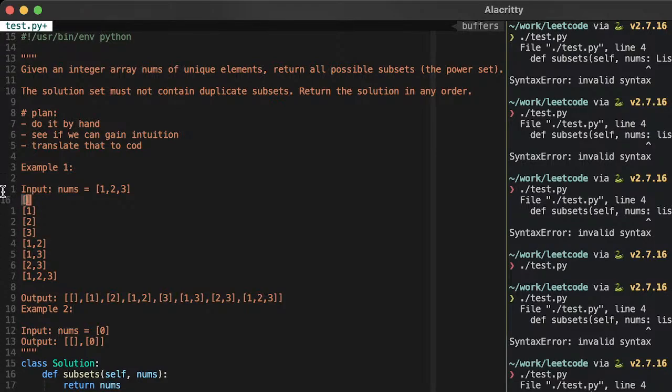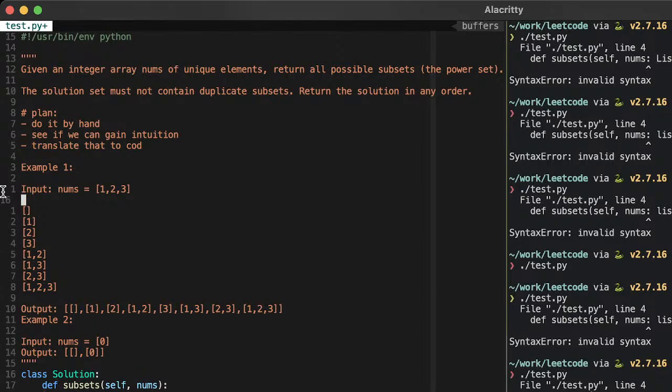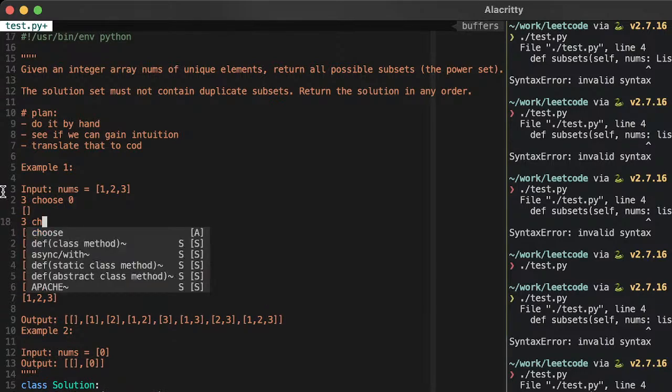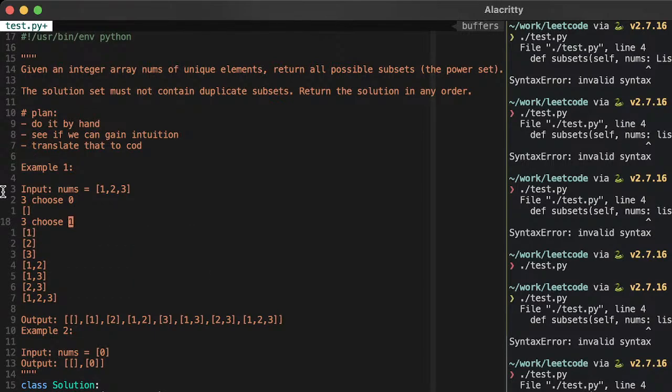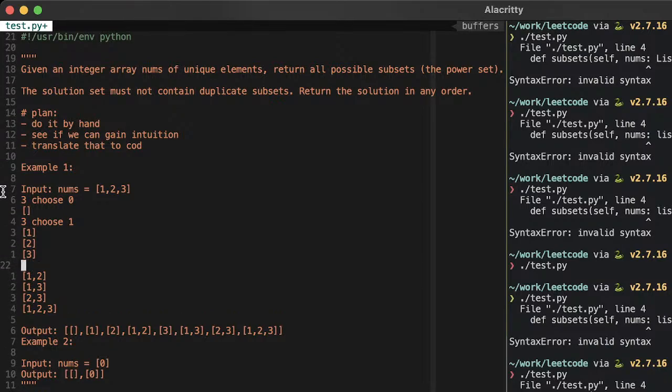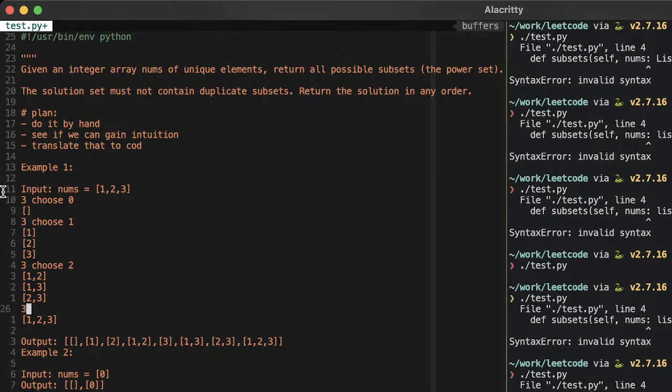So 3 choose 0. 3 choose 1. It's all combinations of 0. This is all combinations of 1. 3 choose 2. These are unique combinations of 2. And then 3 choose 3. There's only one way.